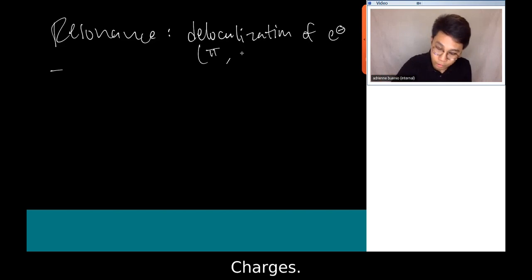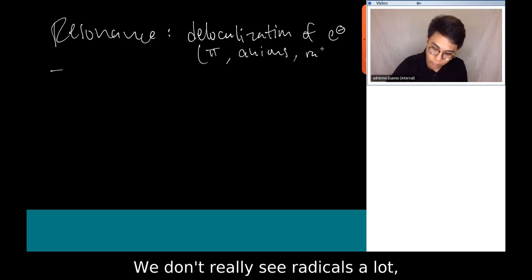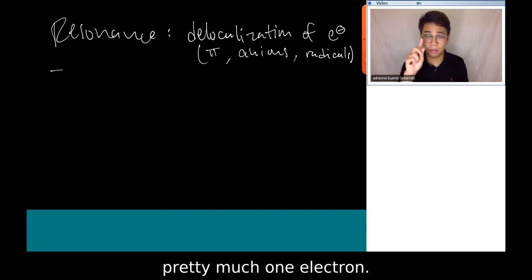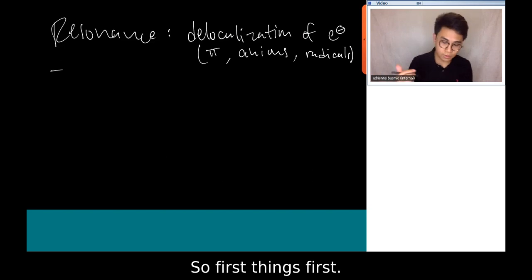Charges, right? So anions, negative charges, and radicals. We don't really see radicals a lot, but you can resonate them because they're just pretty much one electron, right? You can resonate that. So first things first,